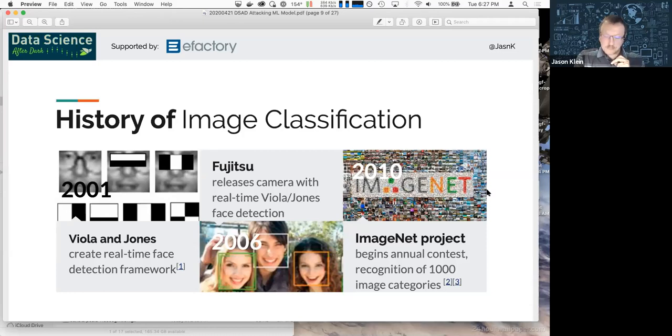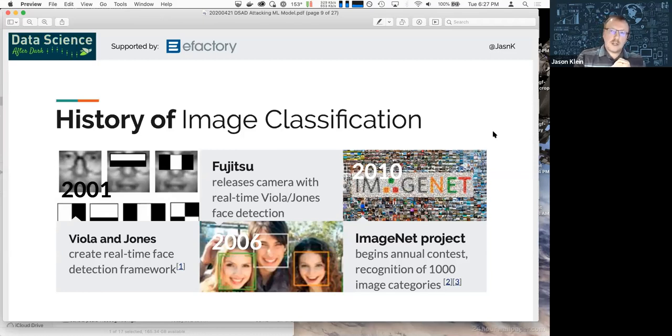10 years ago, the ImageNet project was born. For those of you who haven't worked with image classification, you might have never heard of this, but it's pretty common in the image classification space. Basically, folks set out to, I mentioned this earlier in the more broad timeline, but I'm going to dig into it a little bit more.